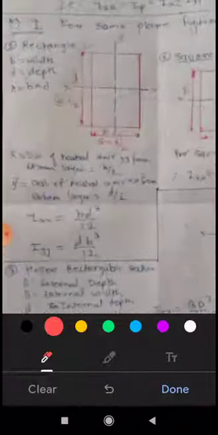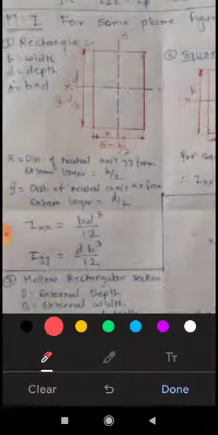Okay, now see this one. First we have to write the formula for moment of inertia of the rectangle about x axis and about y axis. We have to calculate the moment of inertia of this rectangle about x axis and about y axis. Therefore, consider a rectangle having width b, given over here, and depth d. What will be the area? It will be equal to b into d.